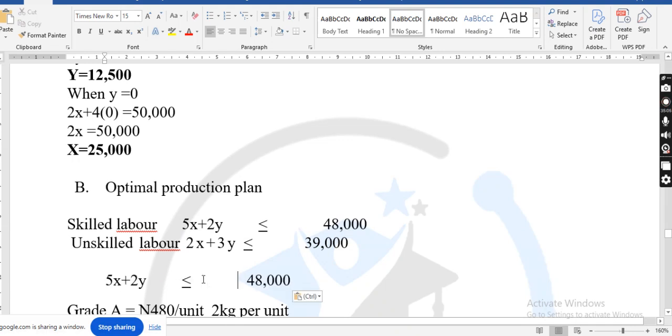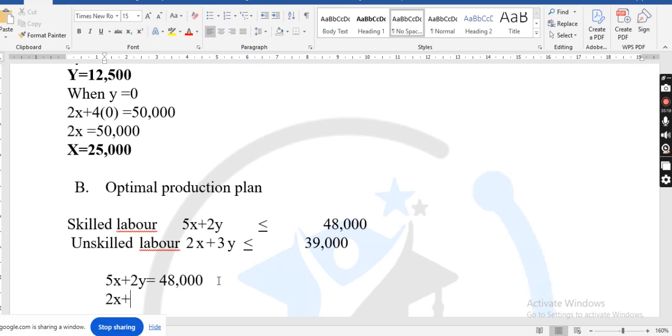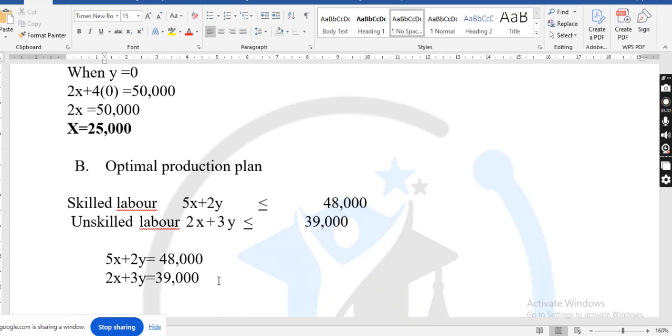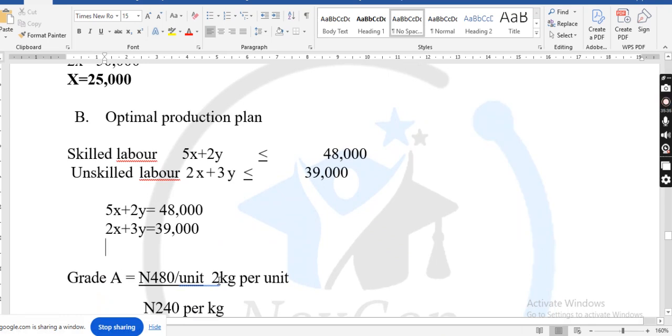So we can have this equals to, then 2x plus 3y. Before our next class, I will still check if there is need for a graph, but I've checked and there is no need for a graph. Class, can you hear me? I'll check again, but I've checked there is no need for that. So this is equation 1,